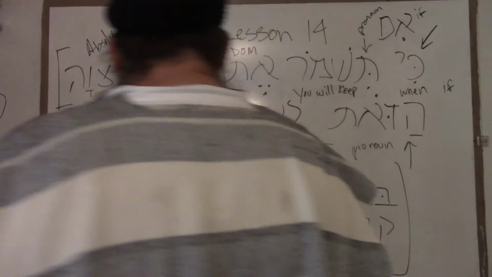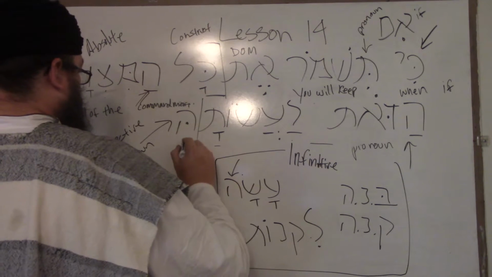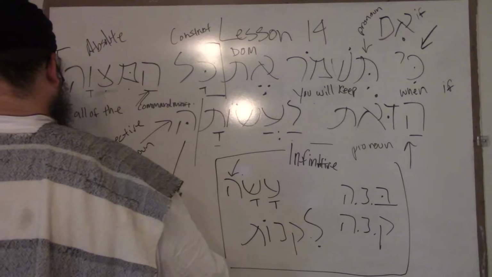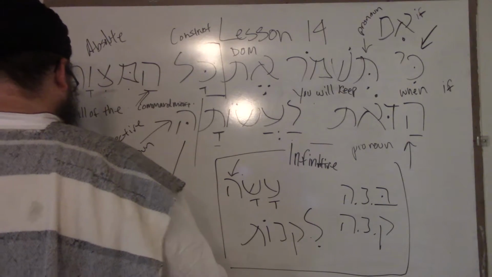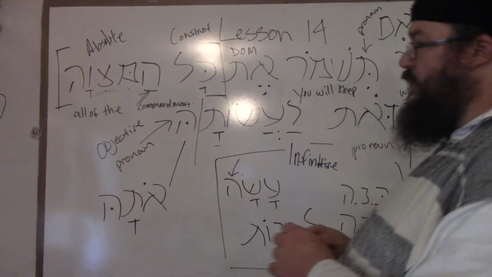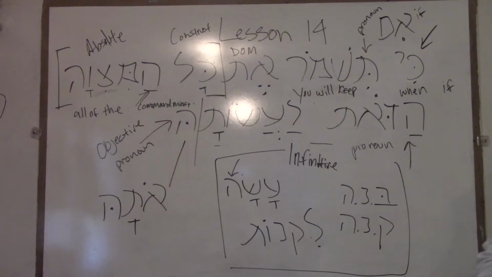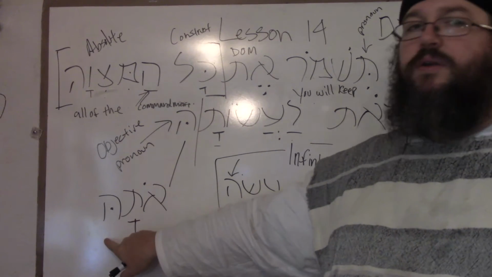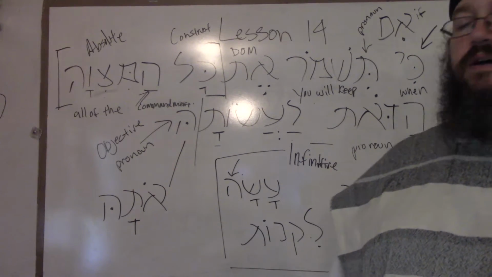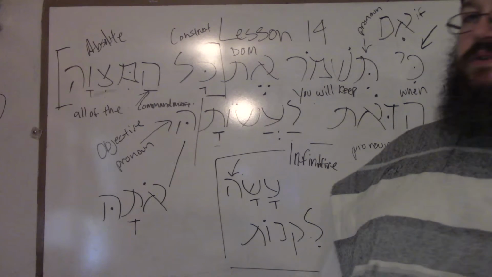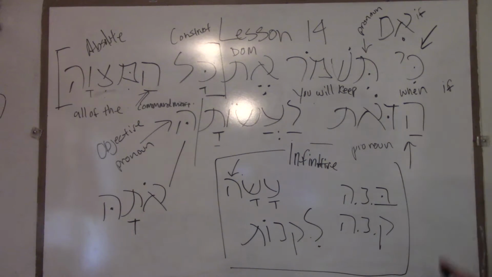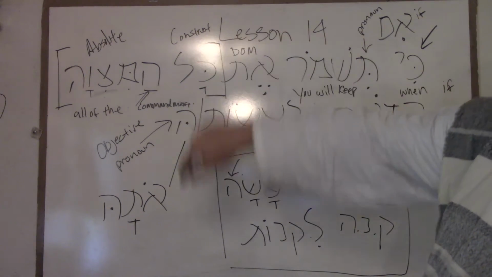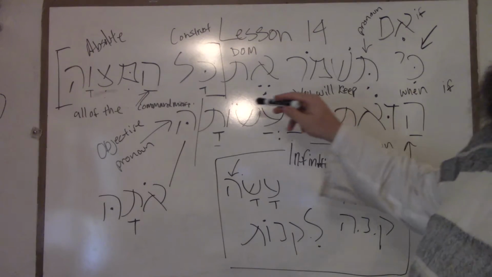That means that this here, in truth, should be written as this, ota, which is the definite direct marker with its feminine pronoun ending ha. So the grammar of it is, even though we translate it, when you will keep all this commandment to perform it,